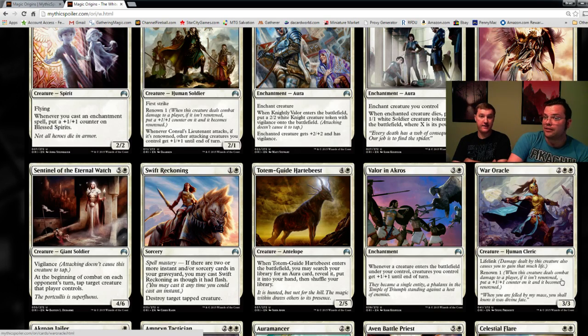4 mana for a 3/3 with lifelink. Just 4 mana for a 3/3 is a playable card. You play that card, I play Hill Giant, now it has lifelink. I'm excited about this card. I'm ready to play this card. Renown 1. Why not? It's amazing. Either of these 2 abilities would make this card go from playable to I would like it in my deck. Together,